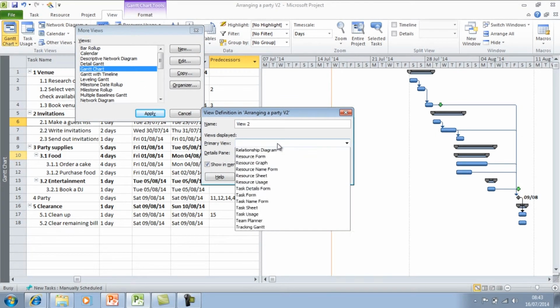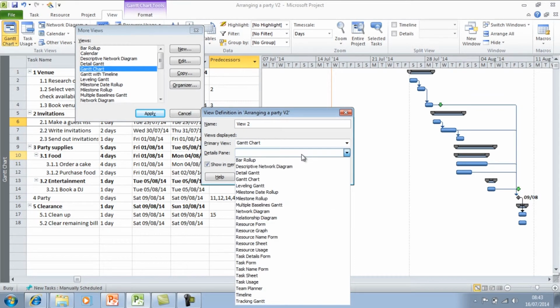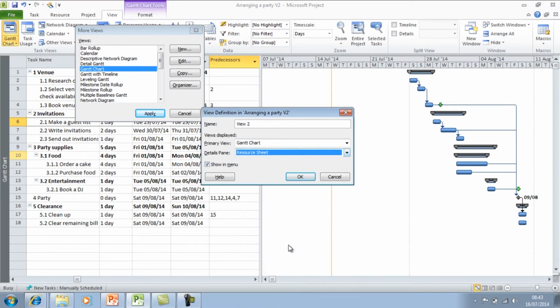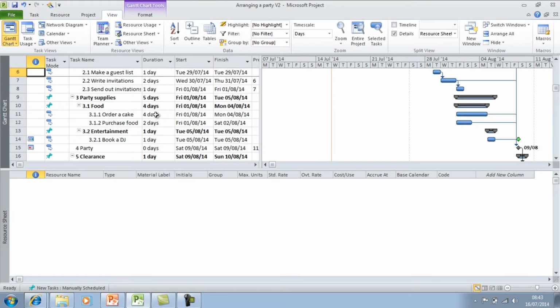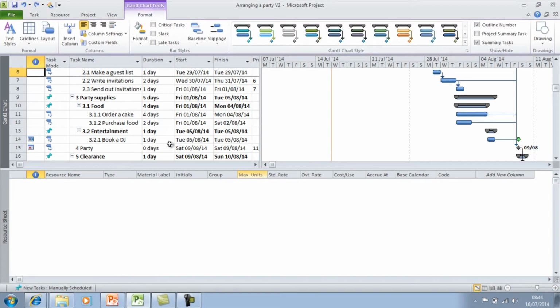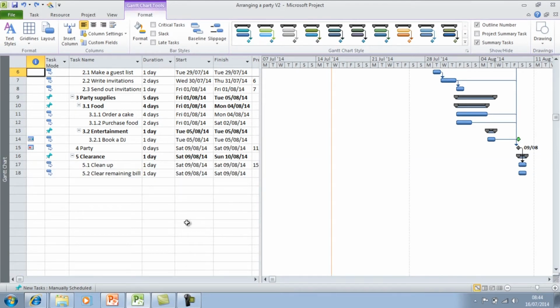and then change my primary view, my Gantt chart, and then a detailed view would be my resource sheet. And then Apply, and you can see here that the view has split into 2 panes, one displaying the Gantt chart and one displaying the resource sheet. So if I close this down,